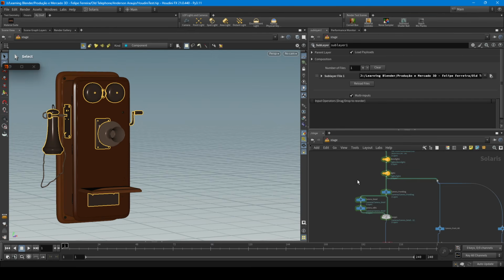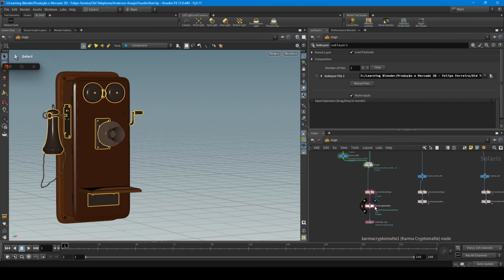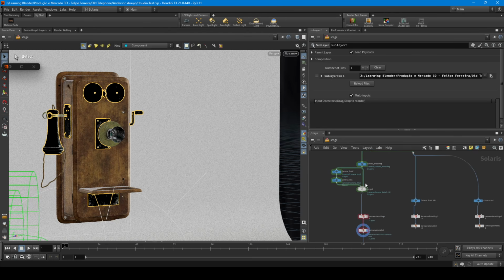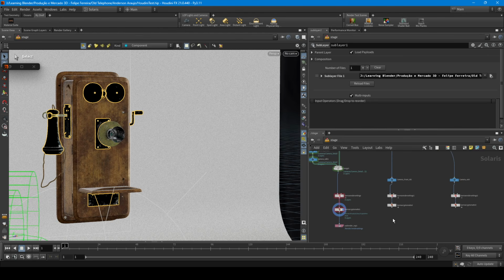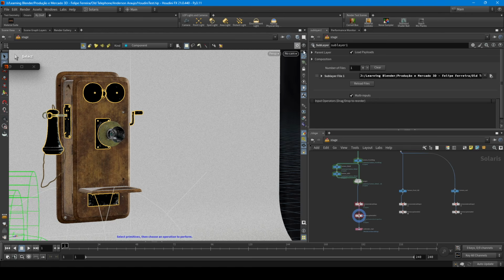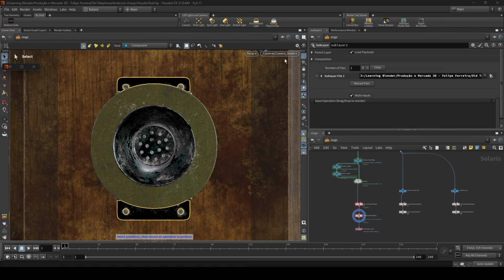And then I just have a couple of lights and cameras. So here I wanted to create a couple of cameras with different settings. So I have a camera that is a square position, a camera that is an HD position, and a camera that is a vertical position. So I just want to show you that we can do that on